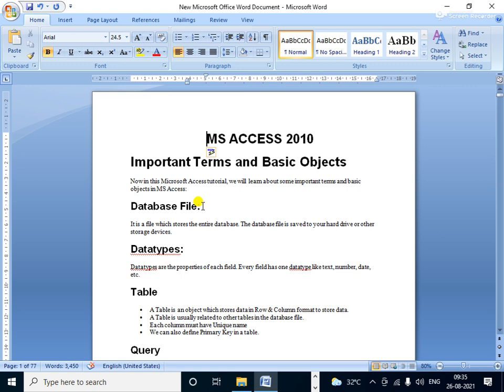The file is called the database file, like the Microsoft Word file is called the document. Okay, Microsoft Excel file is called the spreadsheet, like this worksheet. So what is the database file? It is the file which stores the entire database. The database file is saved to your hard drive or other storage devices.